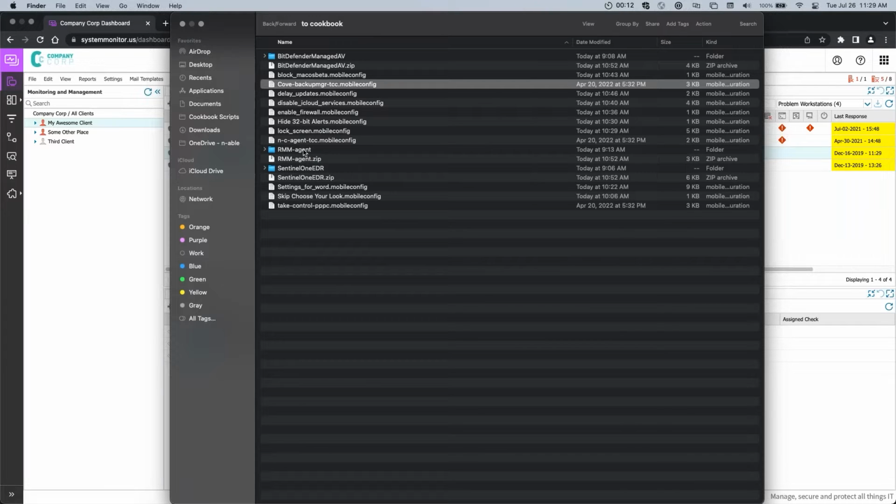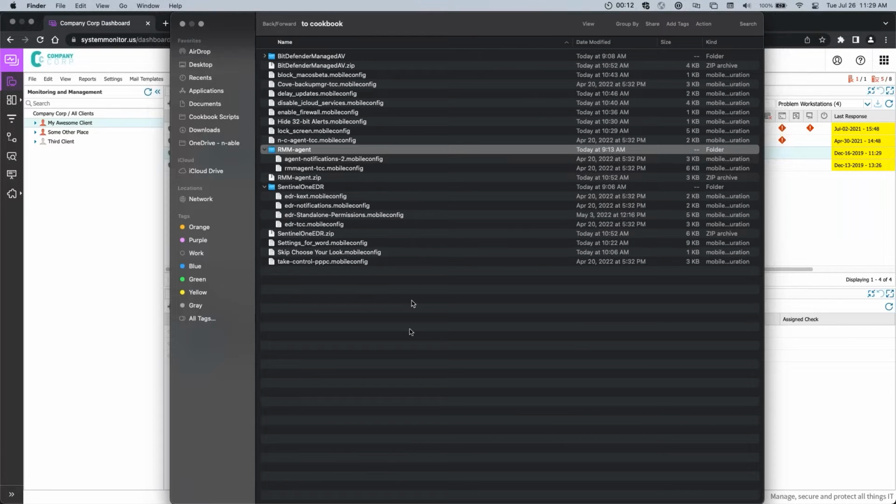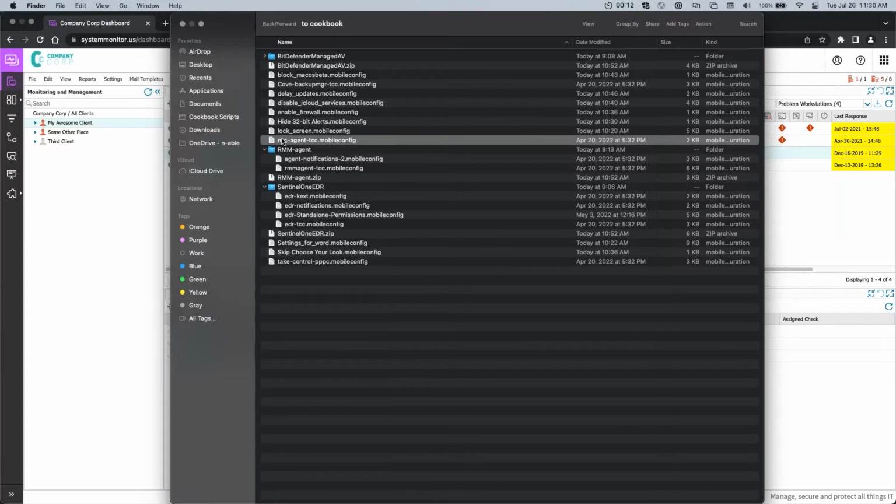you guys are the TCC, or transparency consent control, something like that, profiles that give the various agents that we install on those Macs permission to do their work. So the N-Central agent needs access to Apple events and full disk and a few other things. The RMM agent does the same. It also adds in the ability to send and pop up those notifications that say, oh, there's a software update,